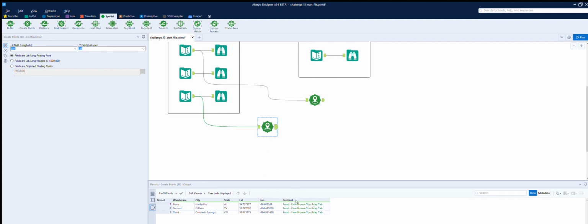If we join or append this into that data, we're going to end up with 3 rows for each store. I'm actually thinking we want it all on the same row so that we can compare the distances and see which warehouse is nearest for each store. So I think if we do a transform and do a cross tab,